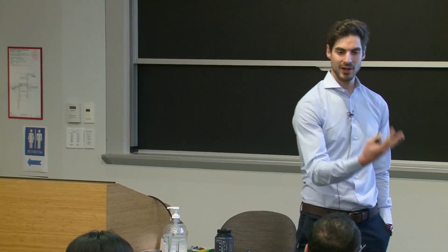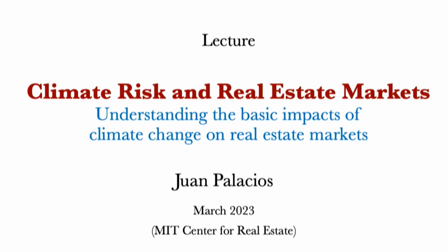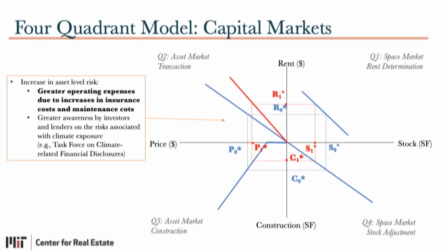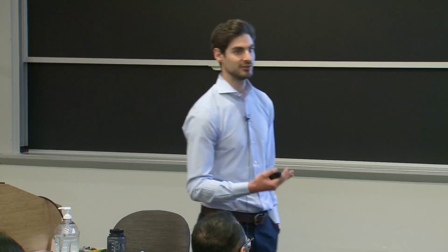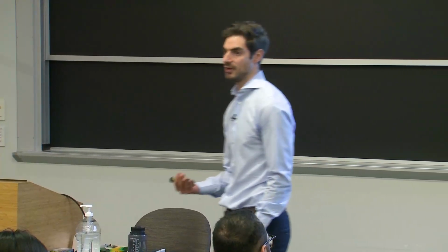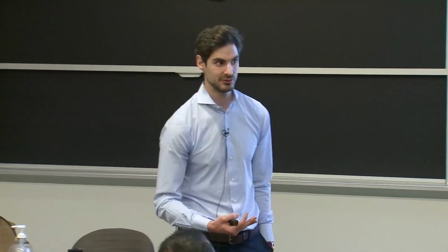Now, that is one purpose of the four-quadrant model, but still there is a big question of what is actually the first trigger of climate change in the real estate industry. It's very different if the tenants are the ones that are triggering the first response to climate change, or is actually the investors and the owners and the financiers that are the ones that are triggering it. Because the responses from policymakers and the owners and the real estate investors are very different, whether you want to actually compensate tenants or you want to reduce risk associated to an asset.